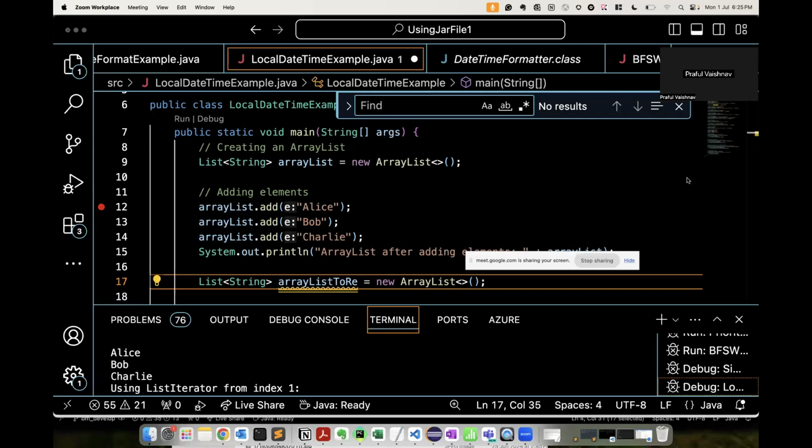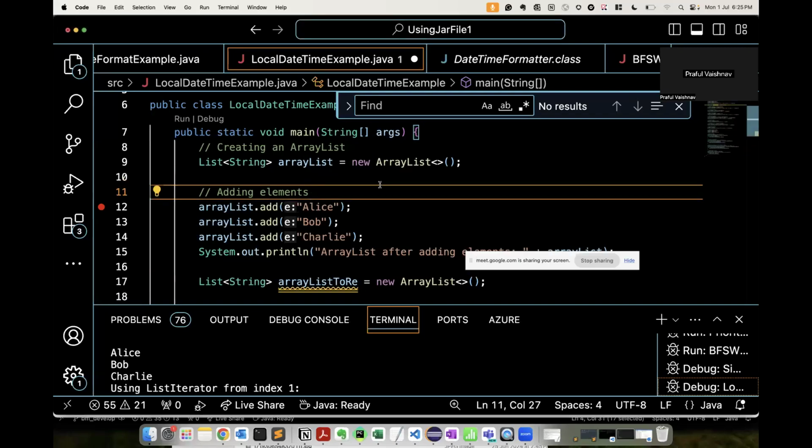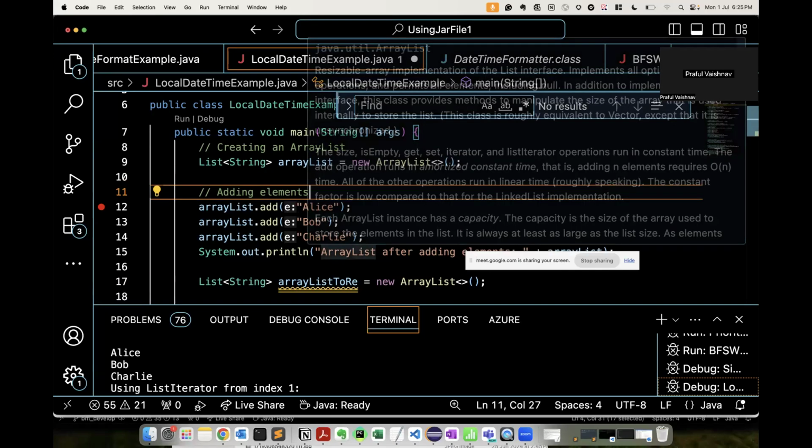Gone, power gone. There is some power issue. Or can you do one